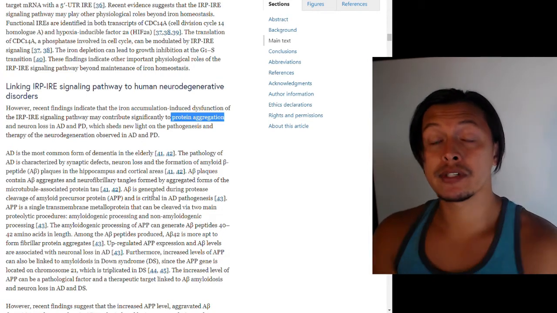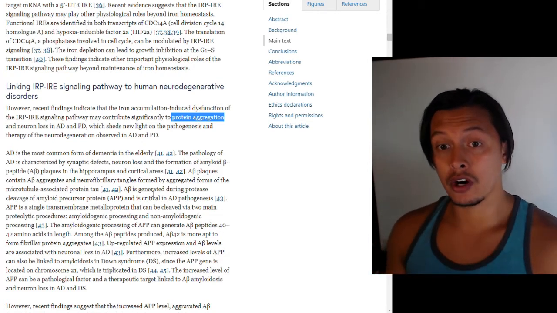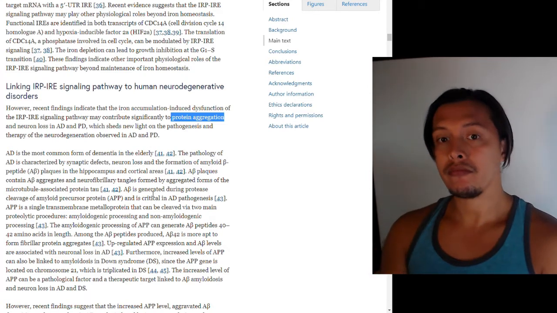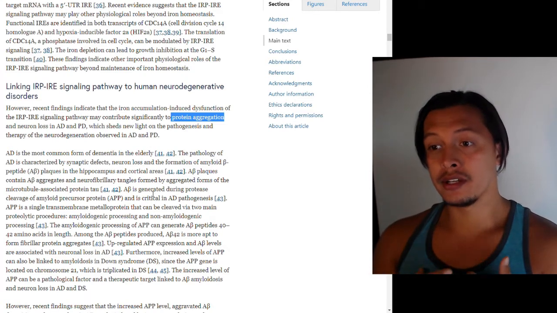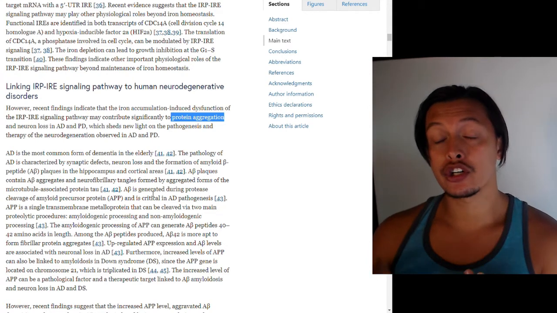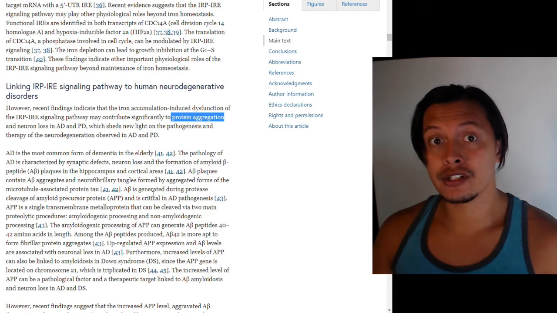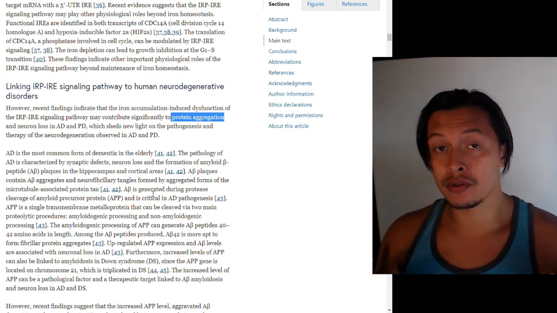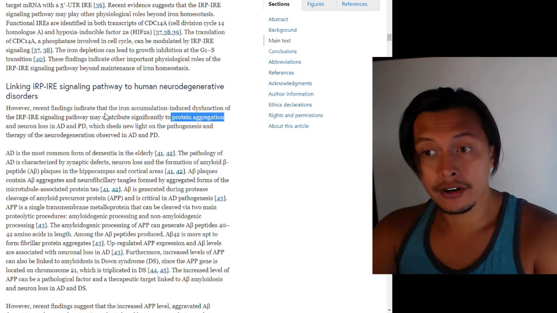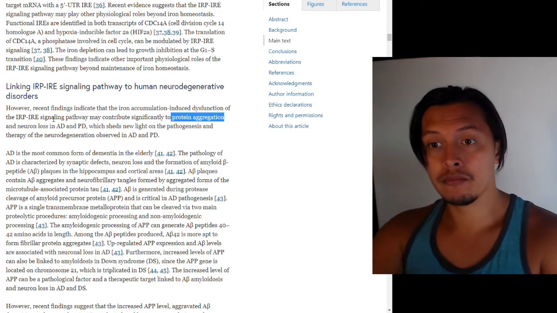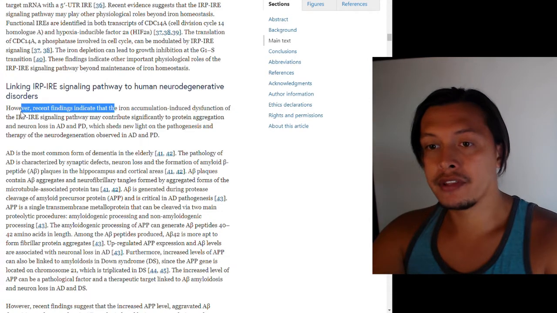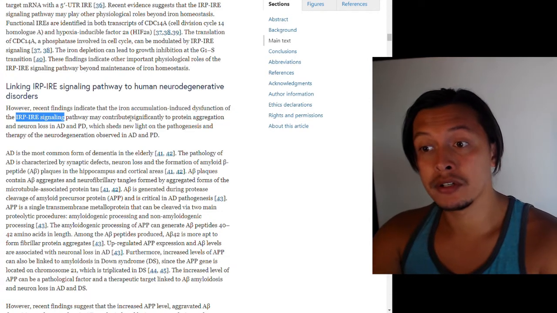But sometimes proteins will start, for lack of a better word, crystallizing out of a solution, precipitating. This is also referred to as protein aggregation. And this protein aggregation can cause neuronal damage if it's dealing with some of the proteins that are found within the brain. So iron accumulation, recent findings indicate that iron accumulation-induced dysfunction of this particular pathway may contribute significantly to